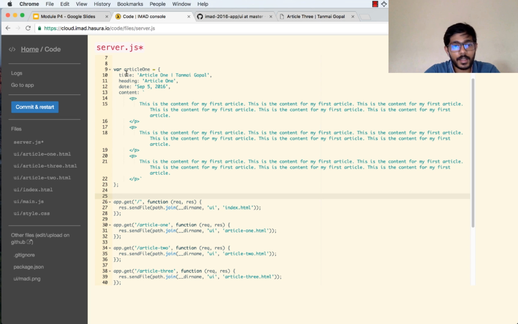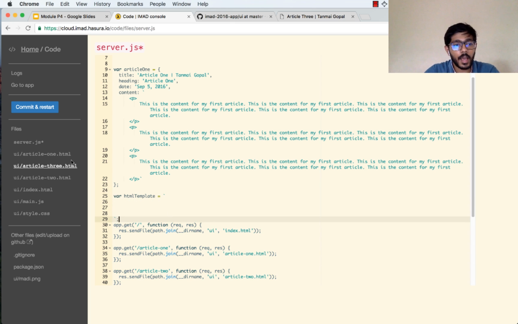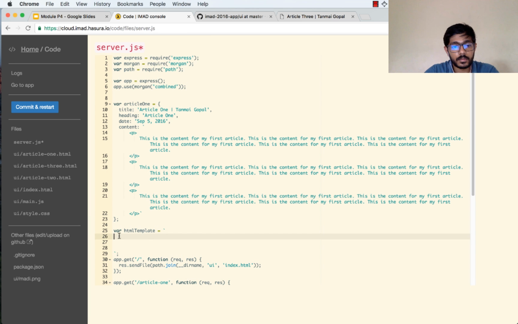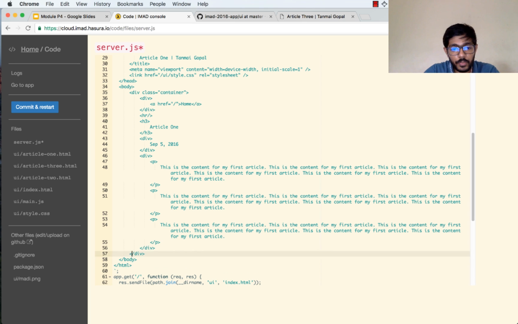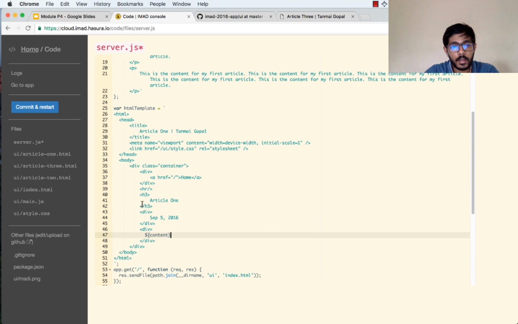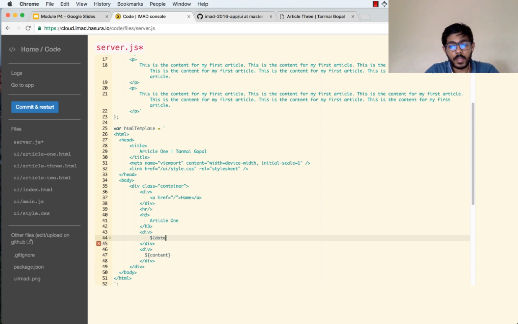What we want to do is inject this data into a common HTML template. Let's make another object called HTML template, and this is again a multi-line string, and let's copy this HTML. Right? We've copied that. Let's remove the portions that are common. So I'm going to delete this, and I'm going to replace this with content. I'm going to replace this part with the date. I'm going to replace this part with heading. I'm going to replace this part with title. So these are the portions that will come through my JavaScript object and be injected into the